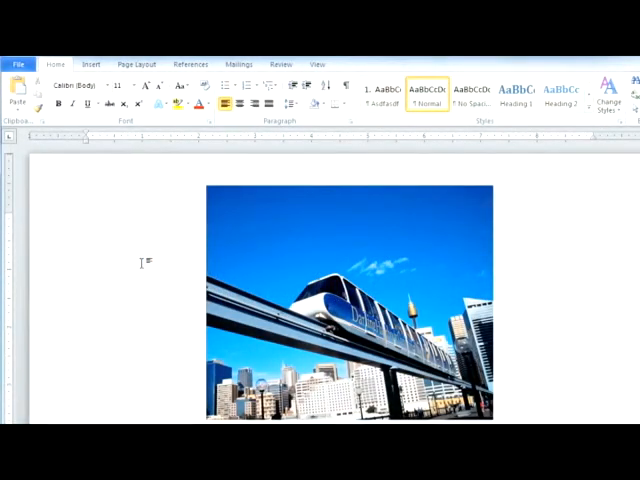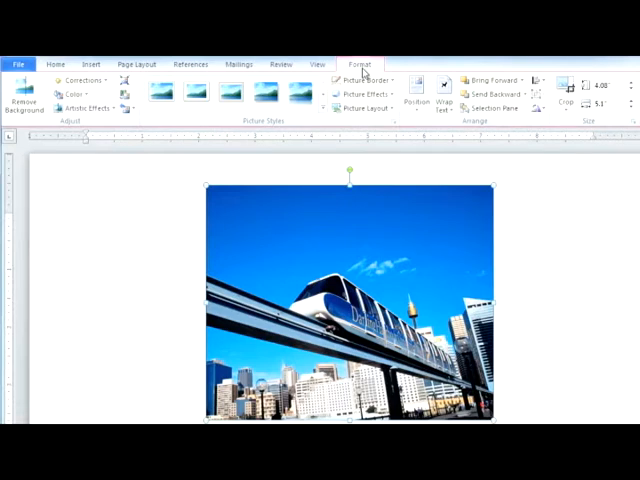If you're using photographs in your documents, you'll probably want to make them look as good as possible. Word has some very powerful features that will let you do this. First, click on your picture, and the Format tab will appear. Let's start by cropping the picture. Click the Crop command,